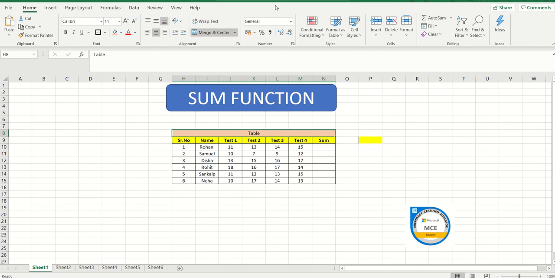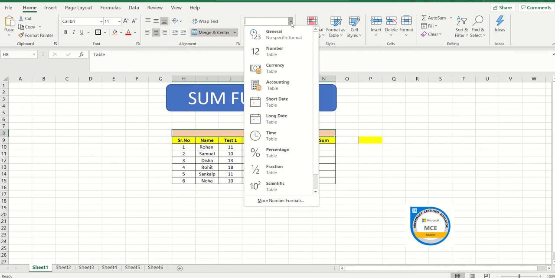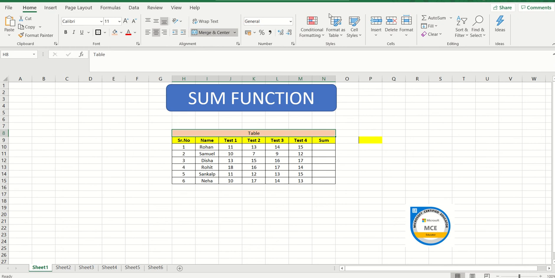This thing that you see over here, people, is for when I would like to make changes to my data, as I would like to convert it into a number, currency, percentage, fraction, or any scientific figure altogether. And this is for conditional formatting, which I will take you through in further sessions to come. However, today we are going to focus on the font style and the font size, and I can change the font style to bold, italics, or underline. This is for making the table bold, this is the fill color option, this is the text color, and this is the alignment option. As you see, the left alignment, center, and the right alignment all together.